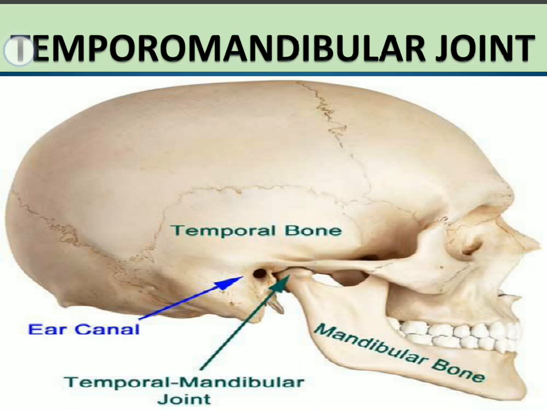So one surface is ovoid and the other surface that receives this ovoid part is elliptical in shape. So this is what a condylar joint is,